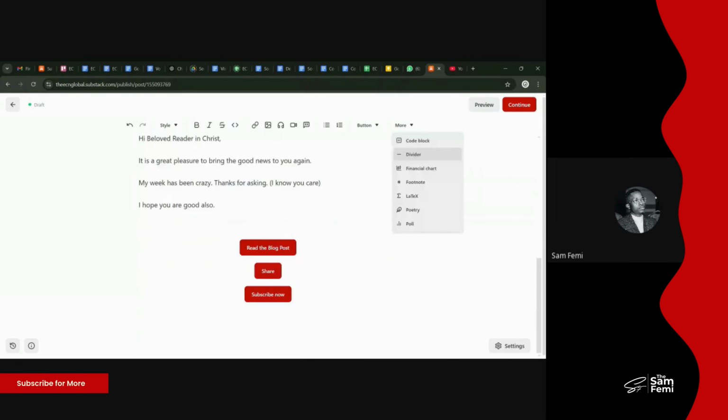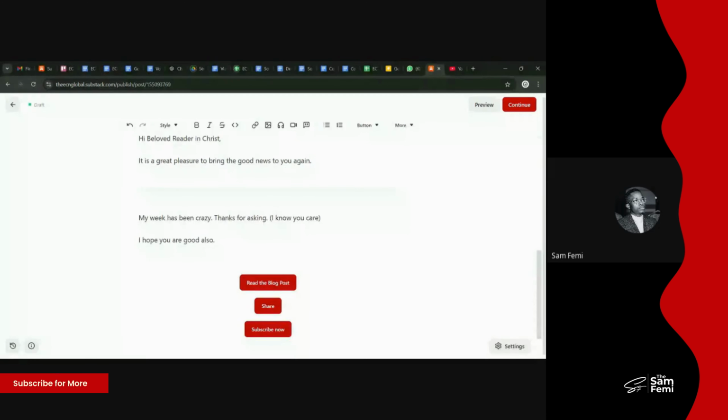Divide that now. I want to divide the text from the text. Let me divide these two texts now. Come in between the text and click on more. And I'll use divider. So this divider now will divide the top text from the below text. If I want to divide this blog post button from the share button,